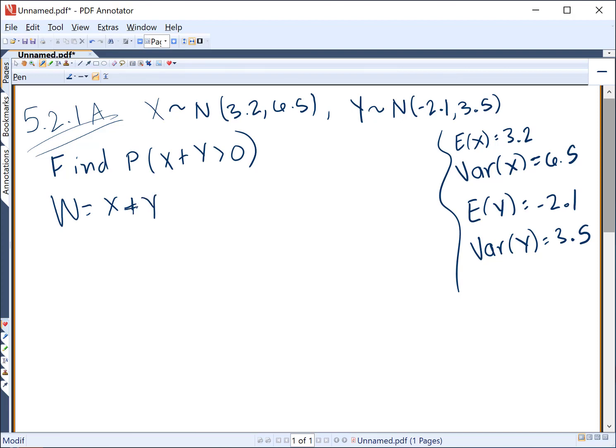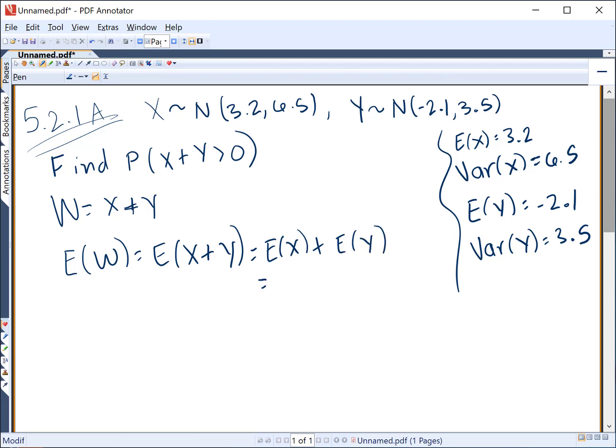So we need to find the new mean and the new variance. So find the mean and variance of w. The expected value of w is the expected value of x plus y. We use our rules from section 2.6 to do this. So the expected value of x plus y should just be the expected value of x plus the expected value of y. So this would be 3.2 plus negative 2.1, which gives me